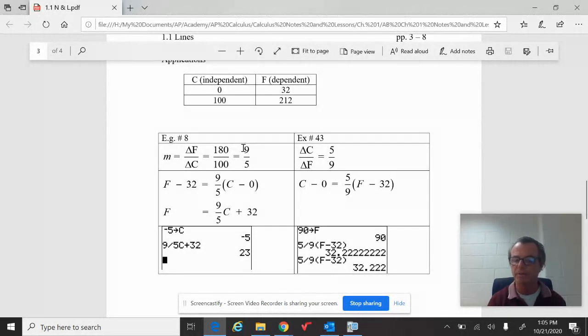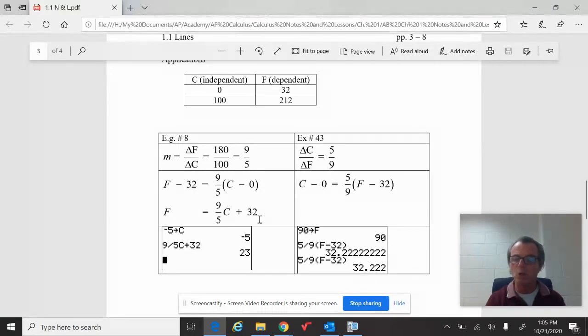We want to slide it through one of the 2 points. Well, it makes more sense to pick the point that has a 0 in it, but you'll get the same equation either way. So we do the opposite. Replace f with f take away 32. We're not doing anything to c. You can think of it as replacing c with c take away 0. And we get f by itself. We would have this conversion that you learned in